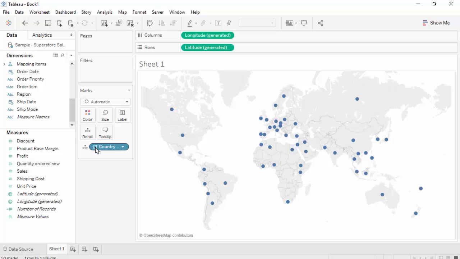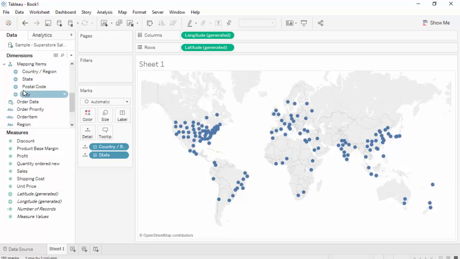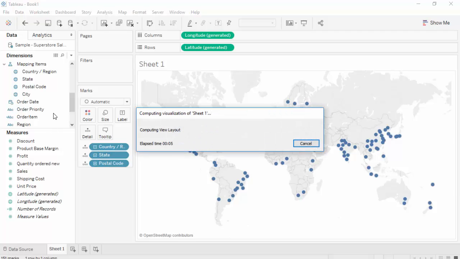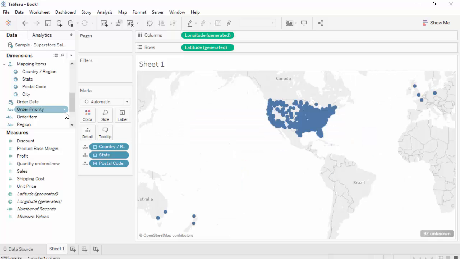So now if you click this plus, the hierarchy that has been built, the mapping item hierarchy, has country, below that is state, postal code and city. So when you click that plus sign, you go from the top level to the next level, which is state, right? Now click state again, so that will take you down to postal code. Postal code is here. Okay, now notice that we have 92 unknowns,